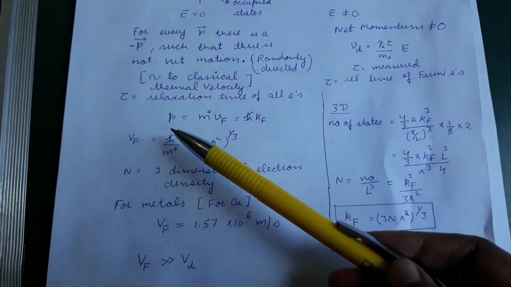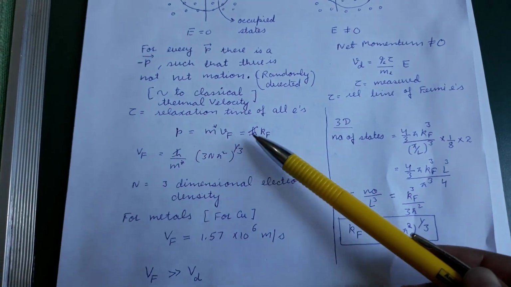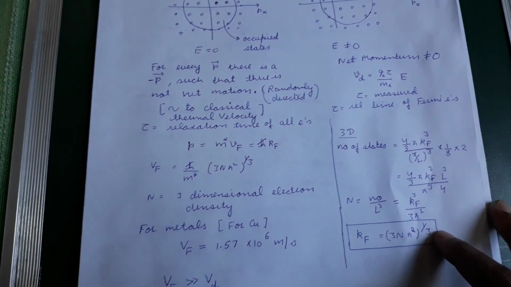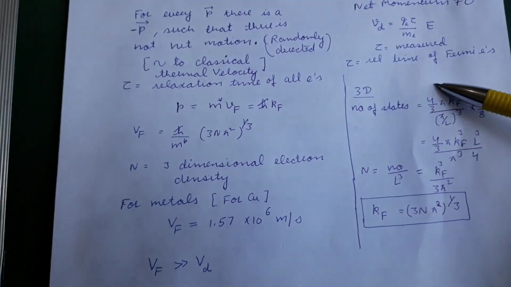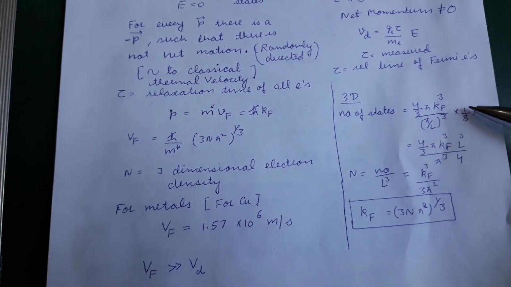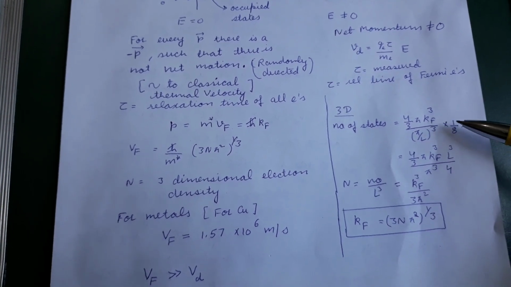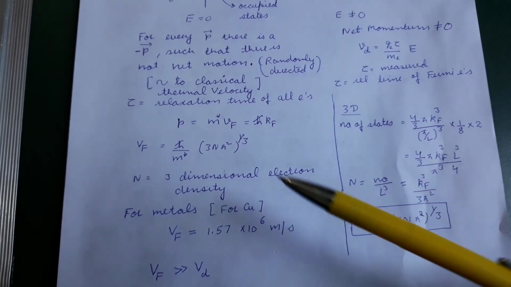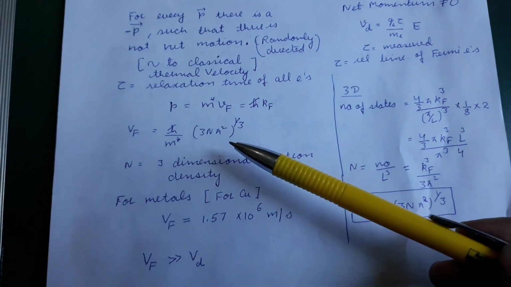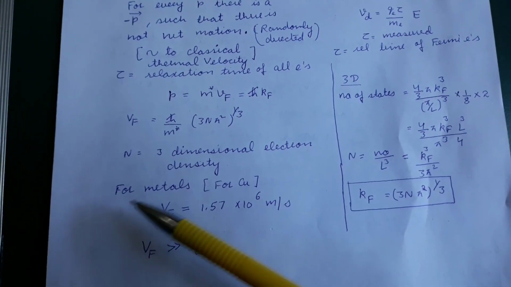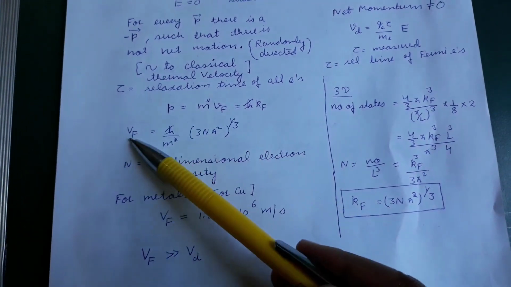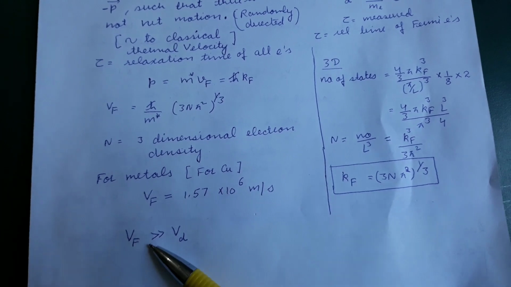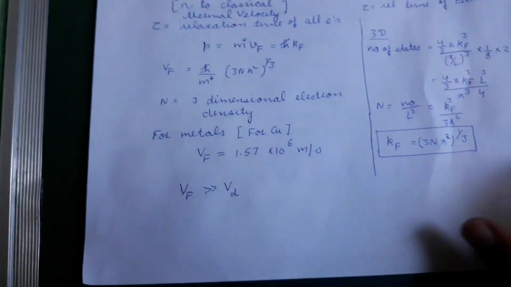So momentum, as we know, is given by h bar Kf, where Kf can be found by this relation. This we have also done in density of states, so you can also check it, that we can find out the total volume occupied by one state, 1 upon 8 because we don't want to count the states again and again, and twice because each electron can have 2 spins. So because of it, the Fermi velocity will be given by this relation. And in order to get an idea of the magnitude of this Fermi velocity, we see that Fermi velocity is of the order of 10 to the power 6 meters per second, and it is very much greater than the drift velocity.